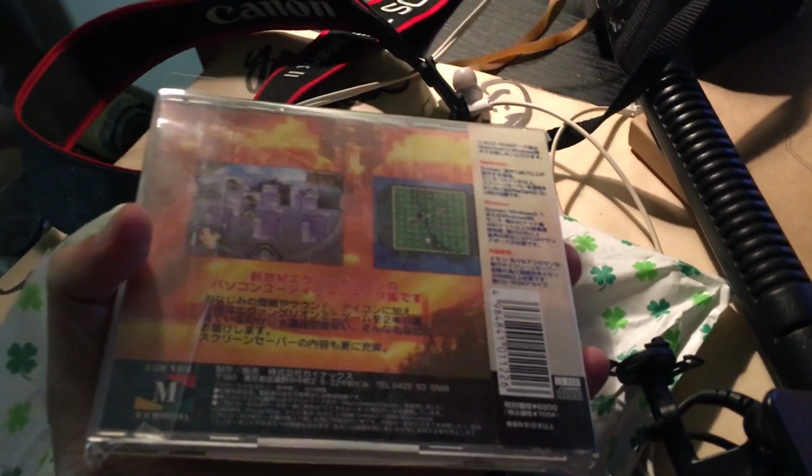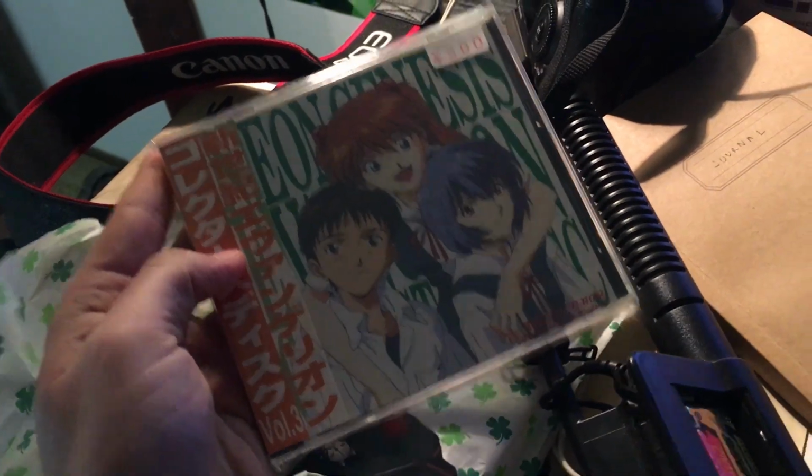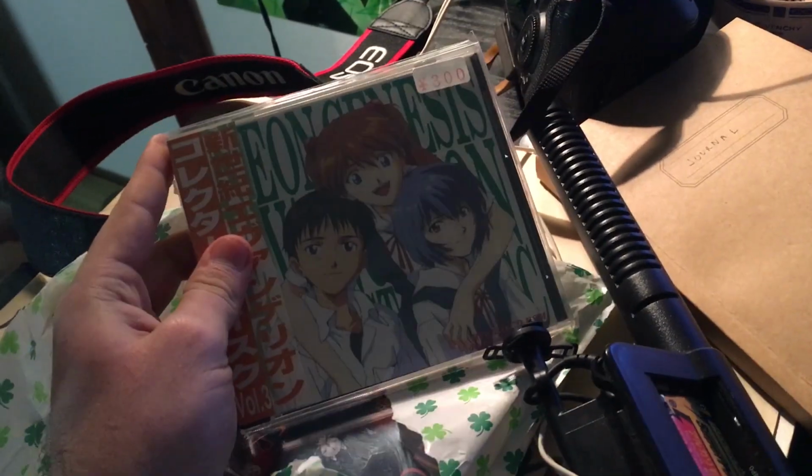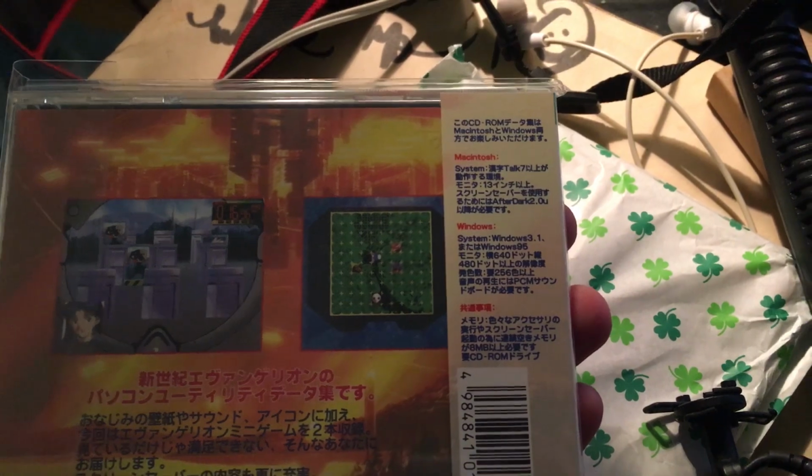So this is a pack of officially licensed Macromedia Flash games from Neon Genesis Evangelion. So I want to check this out. If you look at the specs here, it's for Windows 3.1 or Windows 95. So we're going to check these games out, and we're also going to check out